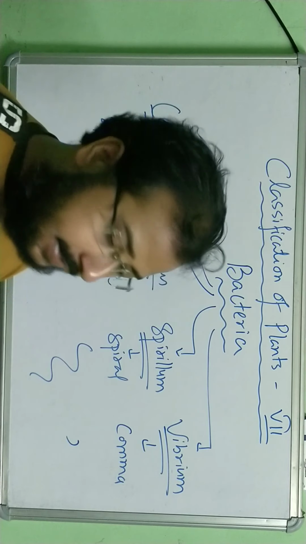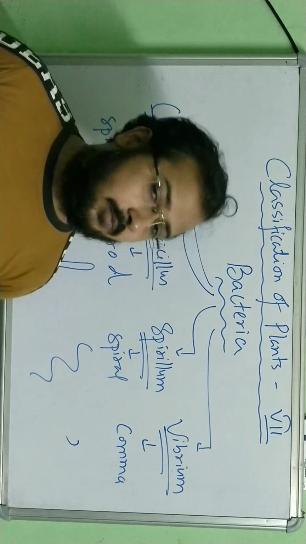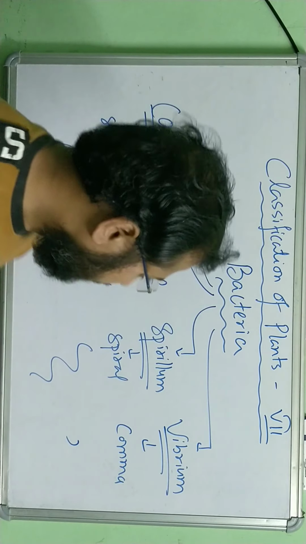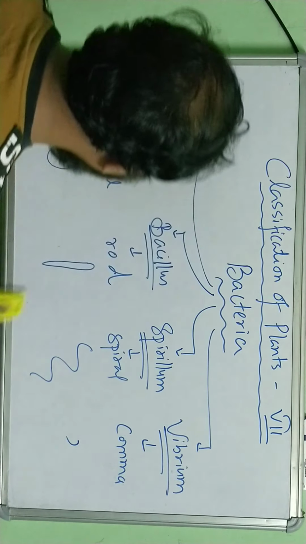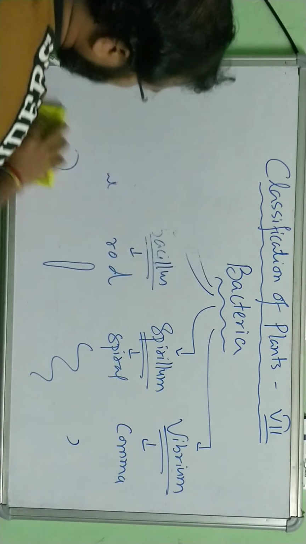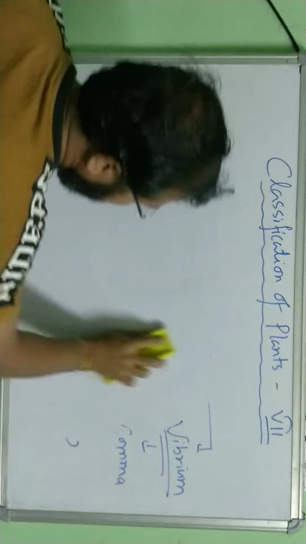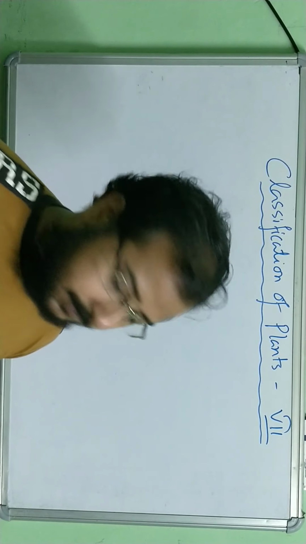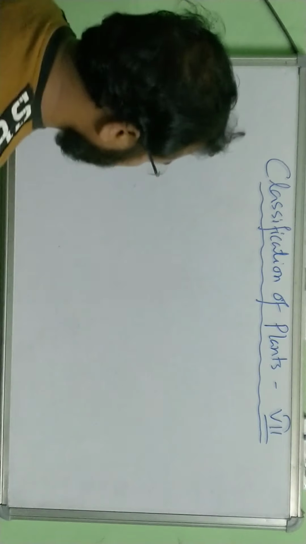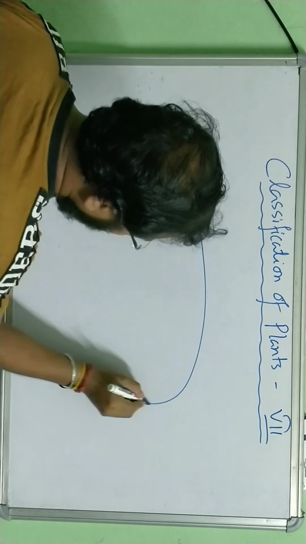As we know, they are microscopic and can be seen under a microscope. With naked eyes it is not possible to see them. Now I am going to draw one particular bacteria. When you are studying biology, remember that the diagram is a very important part of this subject. So first I am going to draw a bacteria here. I will show you the labelings of bacteria.